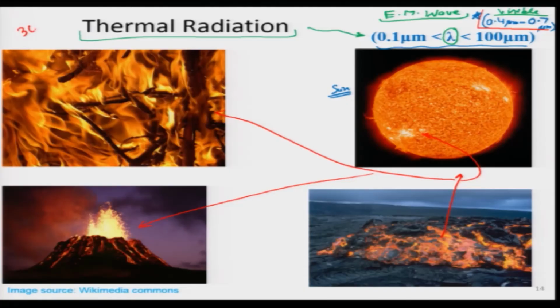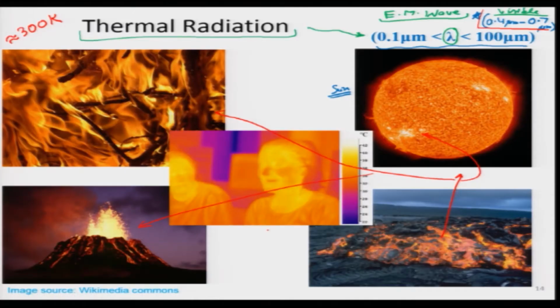So, even from my body, which is perhaps at 25 degrees centigrade, or I convert it into Kelvin, my body is at about 300 Kelvin approximately. So, 300 Kelvin, we will figure out, we can even calculate based on some equations, at what wavelength will my body be emitting the maximum? And that is very important, because like is shown in the next figure over here, this is an IR image.